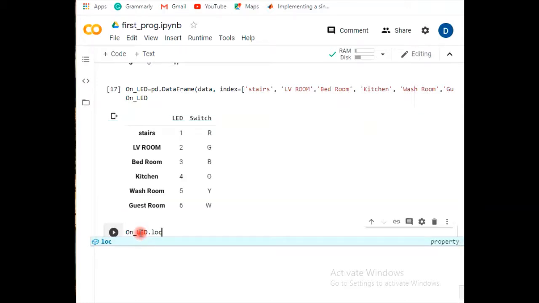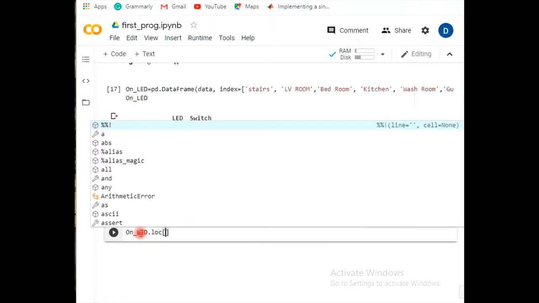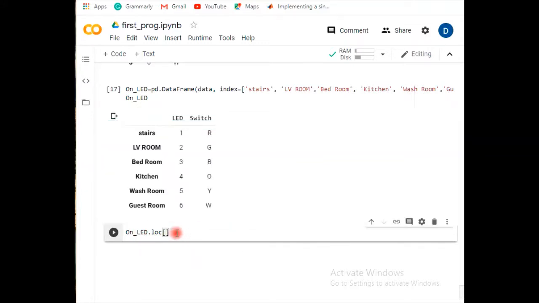What exactly did I want to locate? Suppose the living room or washroom, whatever I wanted to go for. So suppose I'm looking to find it out for the living room.